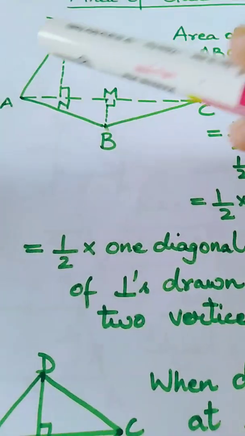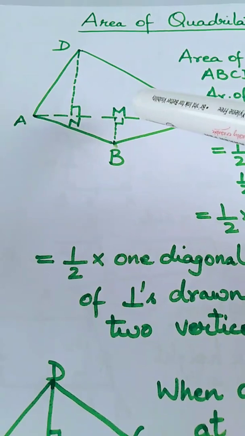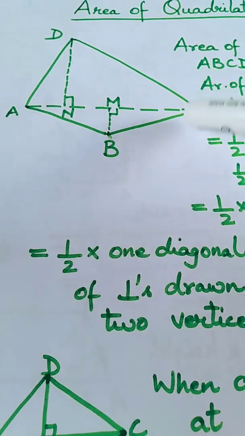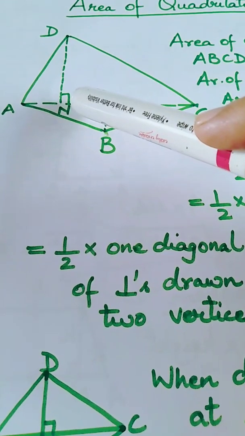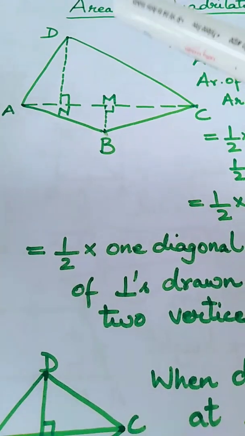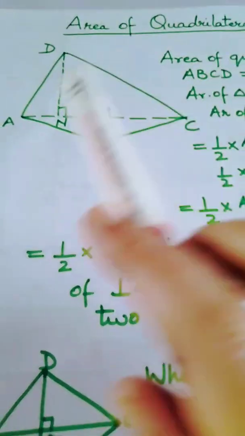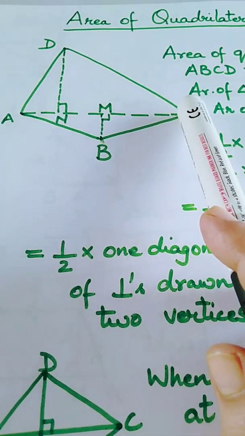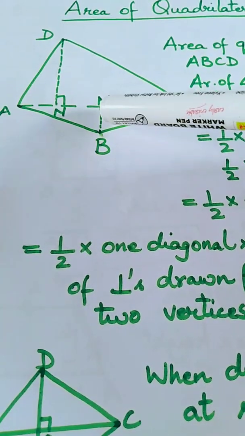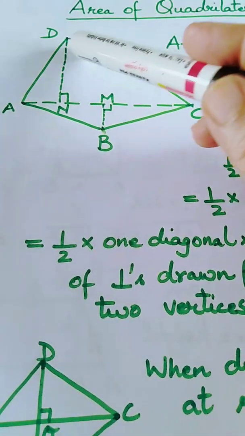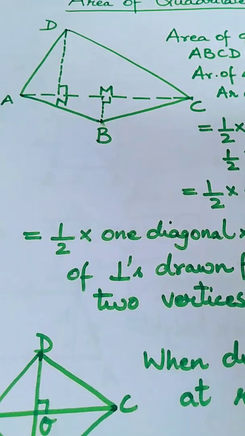Half into AC, base into height. Similarly, the area of triangle ADC will be equal to half into AC, base, into height, which is DN. Clear? So how are we finding the area of the quadrilateral? By dividing it into triangles. Just draw one diagonal, and drop perpendiculars from the other two vertices on this diagonal. If I know DN, if I know BM, and if I know one diagonal, I can easily find the area